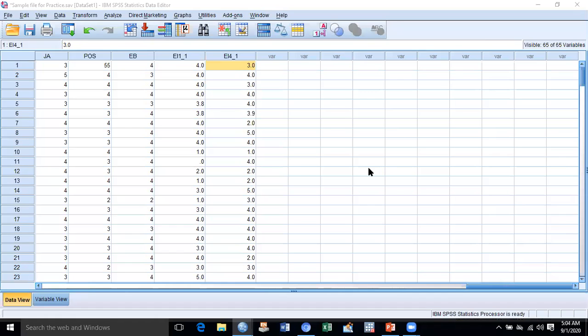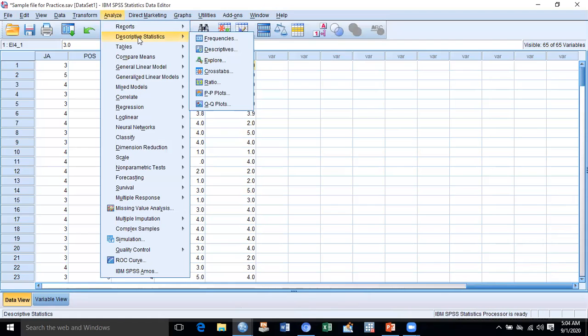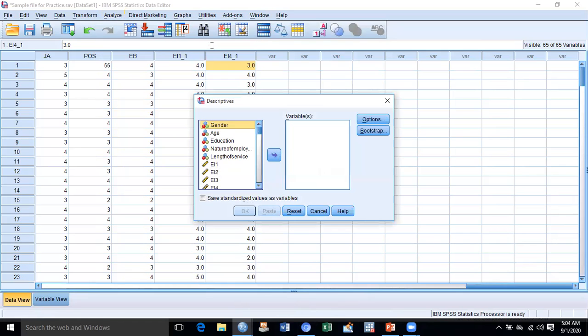Now we shall check how to run the descriptive statistics. Same as before, we go to Analyze, and after that Descriptive Statistics, and here you can see Frequencies. Select the demographic variables, which are age, gender, education, nature of employment, and length of service.